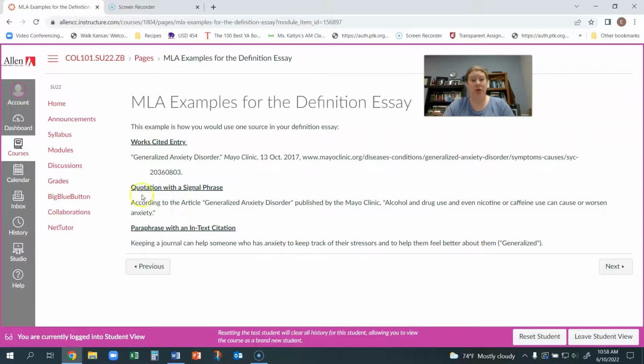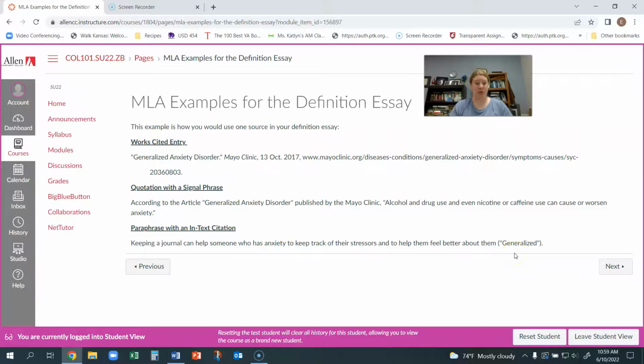And then you can use either one quote or one paraphrase. The quote is the one that's directly word for word, and you use quotation marks around it. The paraphrase you put in your own words. If you use a quotation, then you use what's called a signal phrase, where you take the first part of the works cited entry, so that matches, and you put that in the sentence in front of the quotation. If you use a paraphrase, then you use what's called an in-text citation or a parenthetical citation, and you put that in parentheses at the end. Again, it matches the first part of the works cited entry. Once you break it down into something really small like this, it looks pretty simple.